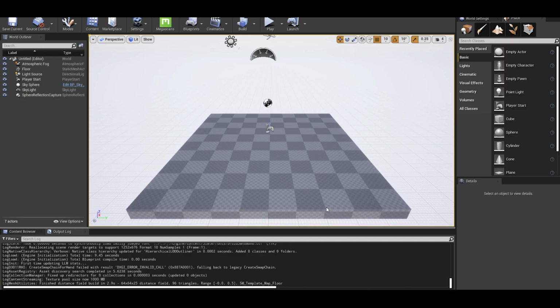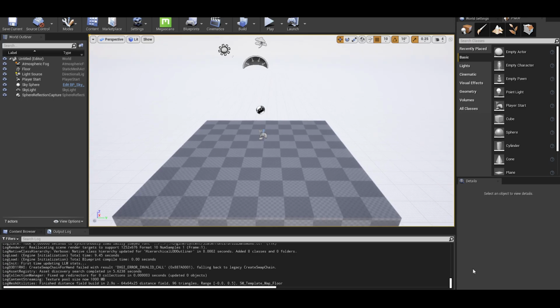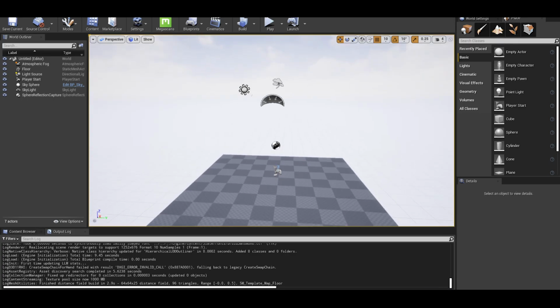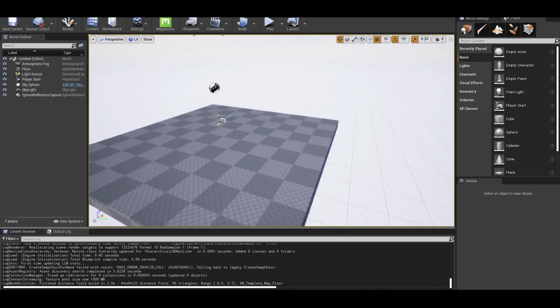Once you reopen your project after clicking generate mesh distance fields, if you already have a scene set up with stuff in it, it's gonna rebuild your distance fields and your shaders. But we only had this empty scene, so